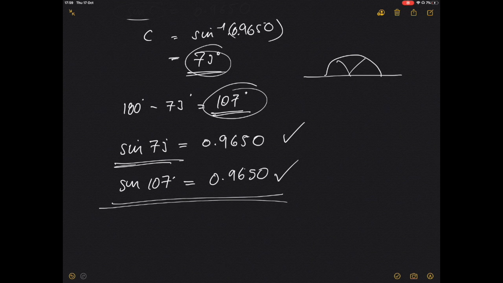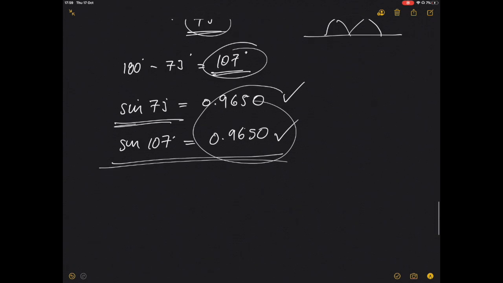And if you think why that actually happens, maybe if we look back to the previous lecture, we look at these relationships, what we can see is actually it's just that relationship on the sine which is creating this. But anyway, the answer in the exam would mean that there would be two answers, so C equals 73 or 107 degrees. Okay, so that's the end of this rule. We'll now move on to another rule, which is also great for non-right angled triangles, and this one uses a cosine and